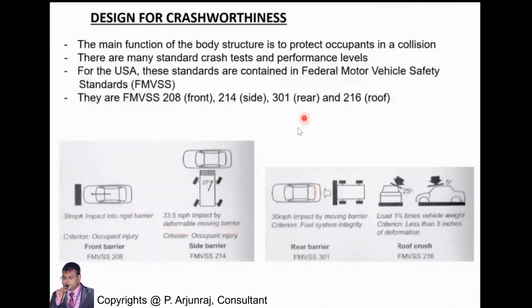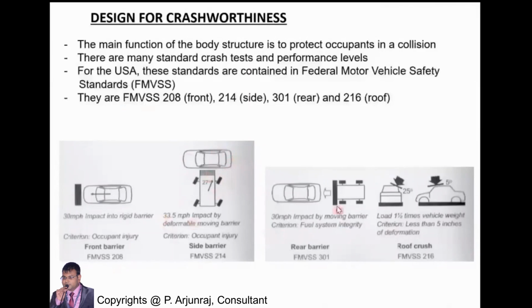You also have the FMVSS for a rear impact. You can see the vehicle getting hit by a rear barrier, and the impact speed remains the same between the front and the rear. Here we don't have the rigid barrier, but again a moving barrier criteria. So you can have any number of combinations. For example, your vehicle can be moving and hit a rigid barrier, or you can have a moving barrier where your vehicle is kept stationary